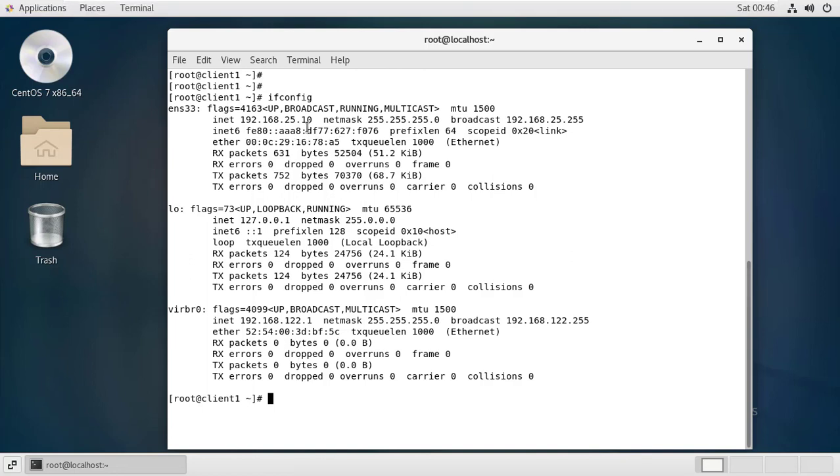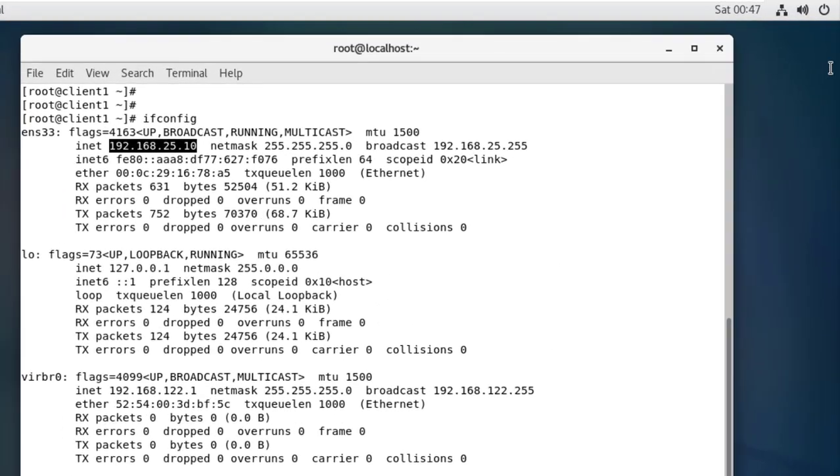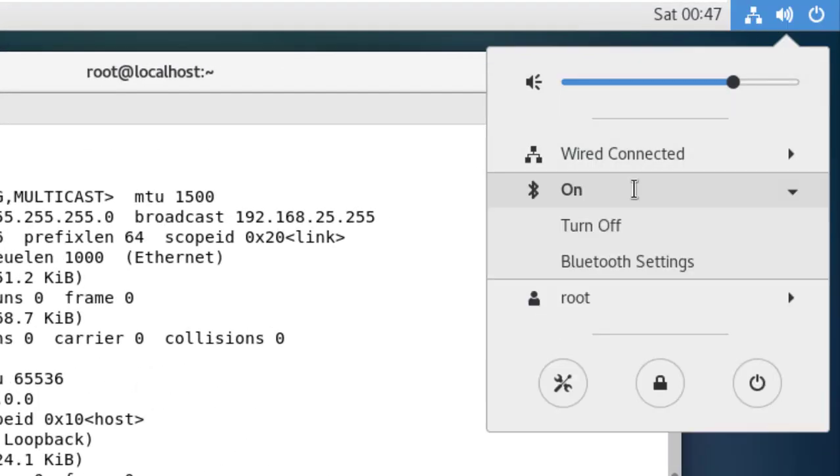So right now we have this IP 192.168.25.10. What we're going to do is switch off our network again.